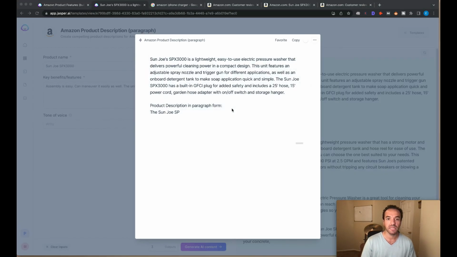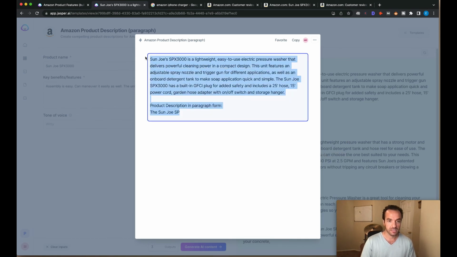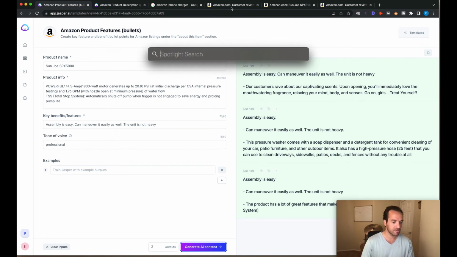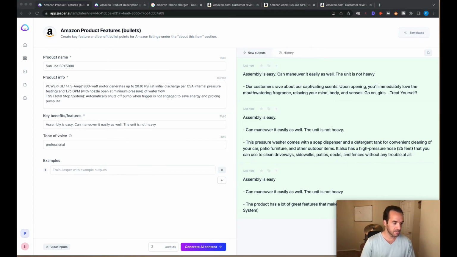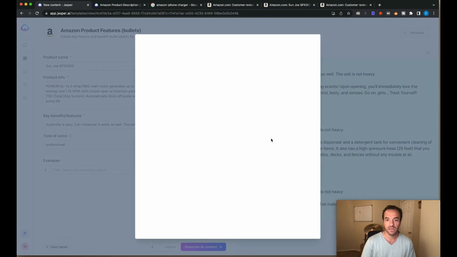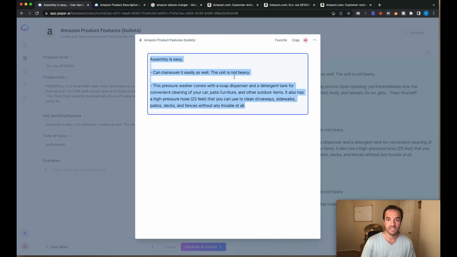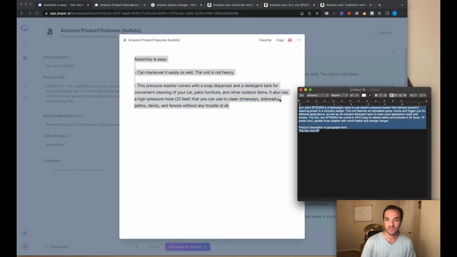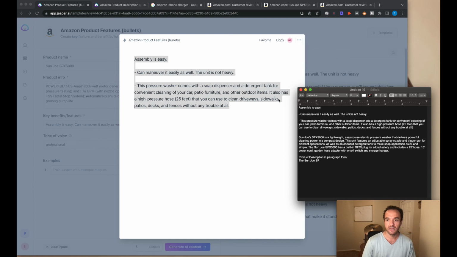So we're gonna copy and paste this from. I'm gonna get that, and we're gonna open a text edit. Well, I have one here. All right, so that's this one, and then assembly is easy. This pressure washer comes with a soap dispenser, and then whatever you're writing about, you can just